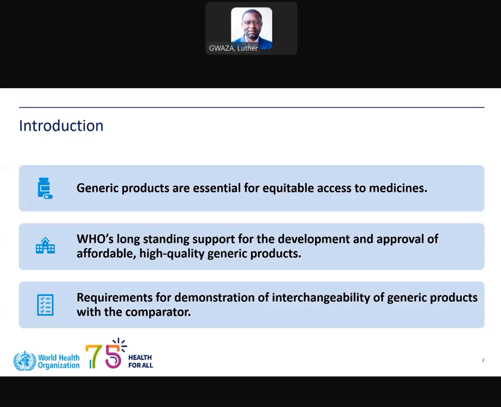Obviously, when you're joining, it means you have an interest in the topic that you are talking about. But the important thing is that generic products are essential, especially from the WHO perspective, because this is one of the tools to facilitate equitable access to medicines. The other aspect that I just want to highlight about why WHO is also addressing this is we have a long-standing history in terms of providing support for the development and approval of affordable, high-quality generic products. And this has been done, I think, for more than 2 decades by providing the requirements for demonstration of interchangeability of generic products with the